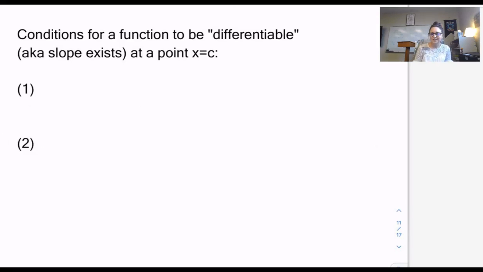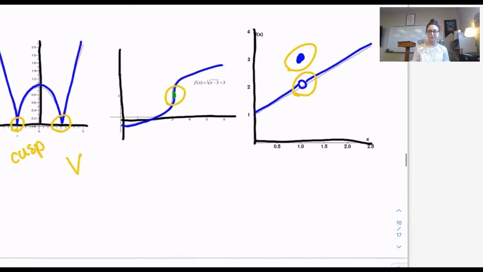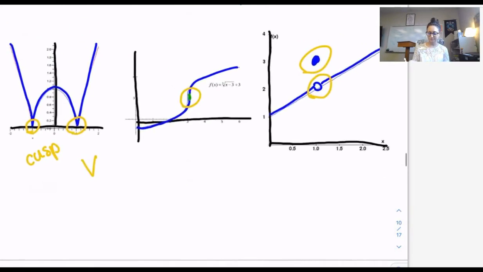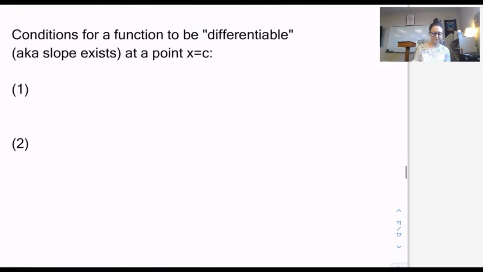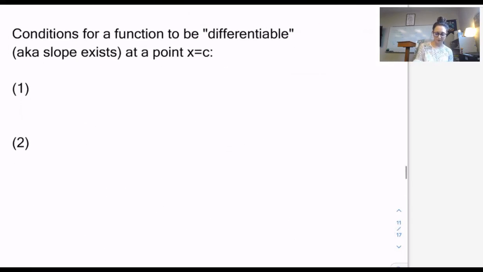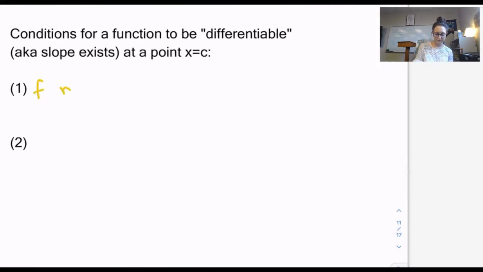All right, so what do we think the conditions are for a function to be differentiable? And don't be scared about that word. It just means that the slope exists there. So in order to be differentiable at x equals c, we'll notice we certainly, from this example, have to be continuous at c, right? So let's write that. So first of all, f must be continuous